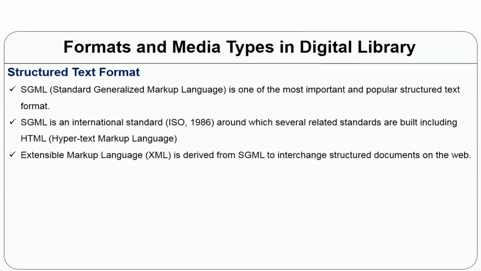After SGML and HTML, the new open standard is Extensible Markup Language, which is called XML. This is derived from SGML to interchange structured documents. The difference is that unlike HTML, it also deals with the structure of document formatting. And it is simple text, highly flexible to transfer data between systems. Besides HTML and XML, there are other formats used in digital library. They are not very common, but know a few names, that is TeX, used for formatting highly mathematical text and formulas, a format which gives greater control over the resulting document.